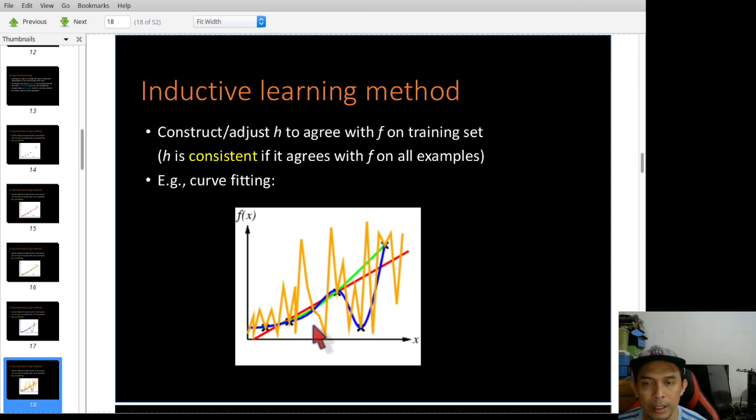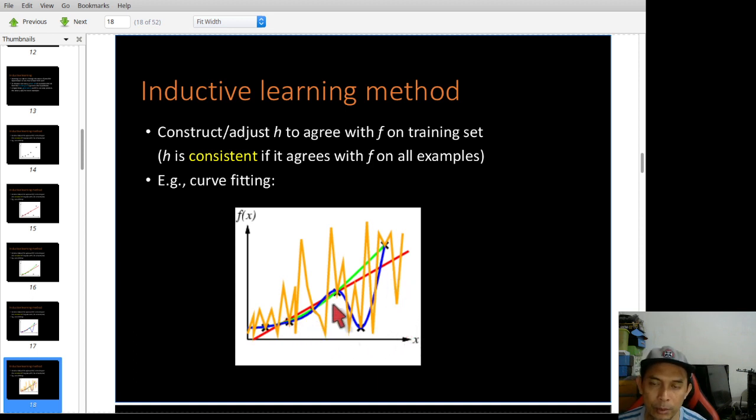Even though the orange line looks weird, you don't know if the data is actually in a blue pattern or in an orange pattern. So we are not sure. So how to choose from these two? Which one is the best?